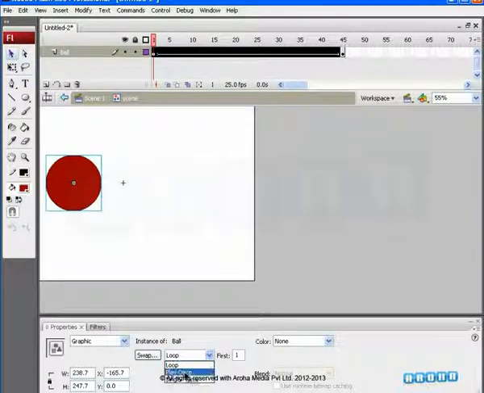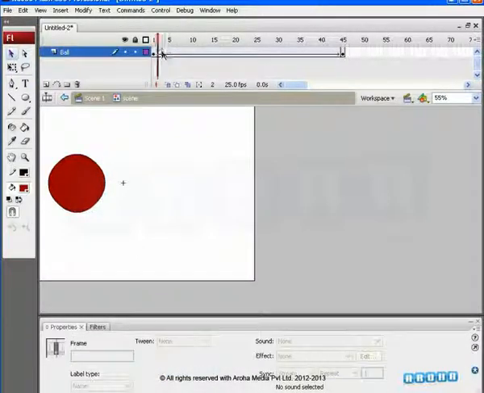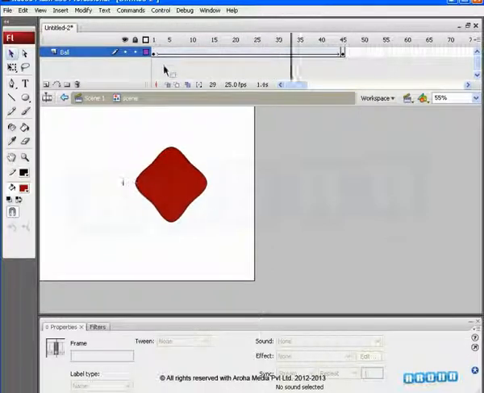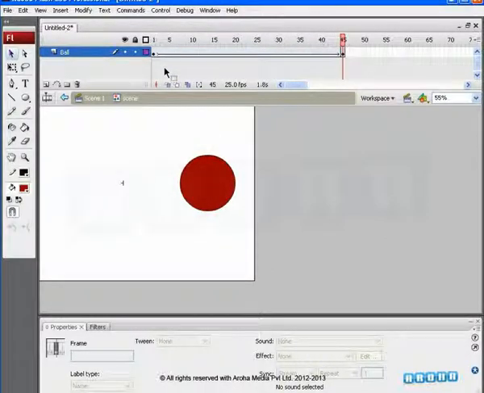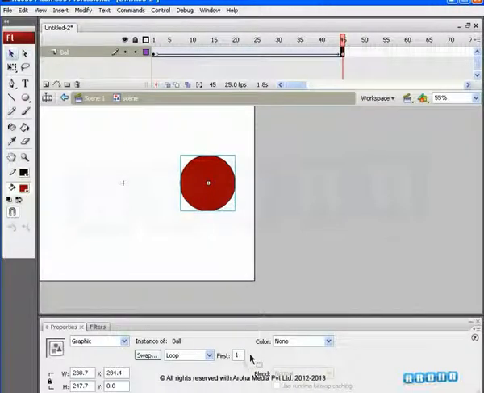Let's choose the play once option here. Preview the animation. Note that the animation is playing only once. After that, it stayed constant till the 45th frame. Let's remedy this. Click on the 45th frame and look at the options available in the Properties tab. We see that the value there is 1. That's why it is stopping at the circle shape. This happens because the symbols are not synchronized.